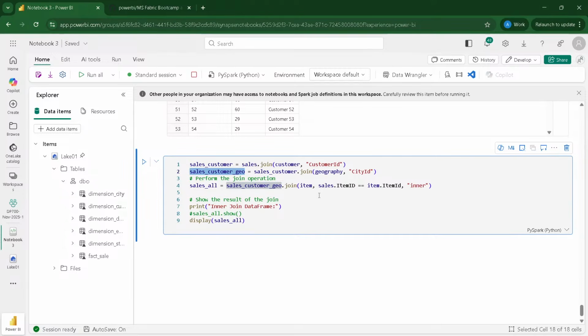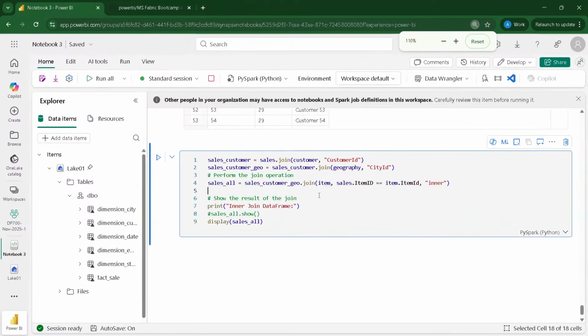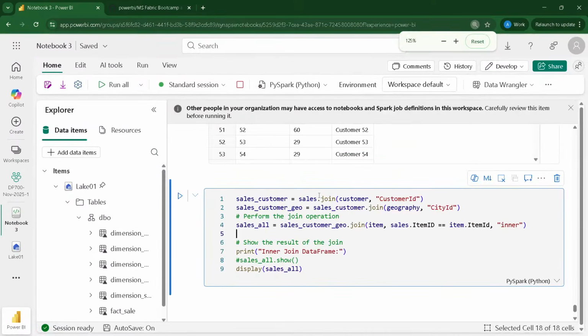Then look carefully at the third join, and you should be paying attention to this join. The reason is that this time my column names are not the same. You can see one of the Ds is capital, and because my join columns are not the same, I'm now giving a condition.